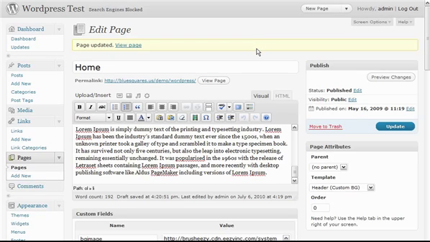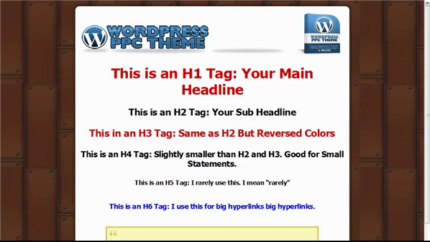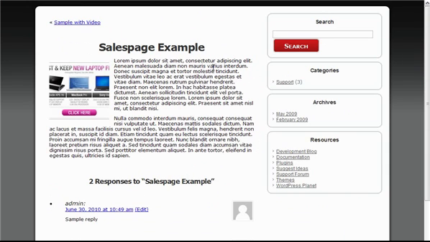Now, one more thing that I threw in this theme was a blog backend. And I created the blog backend because a lot of people want to have a site up front, a sales letter up front, but in the back, they want to have a blog. So this theme comes with this default theme in the backend. This default theme will let you create all kinds of content in the back, and you can even use this for membership sites. And this is how I deliver all the membership content, all the customer area content at